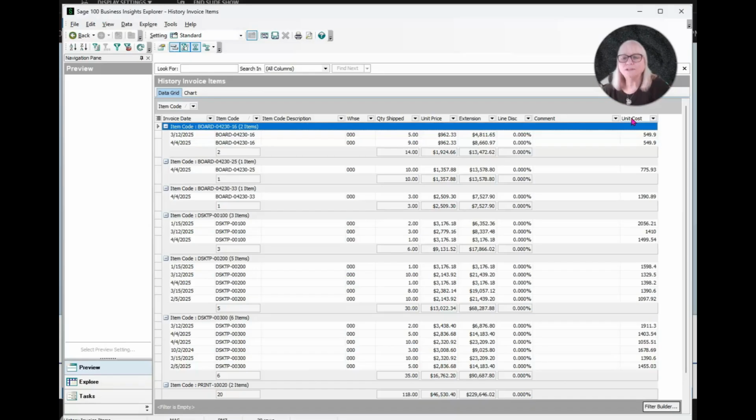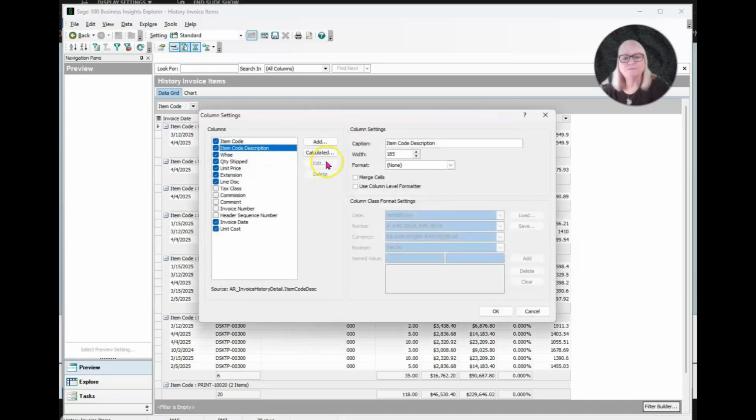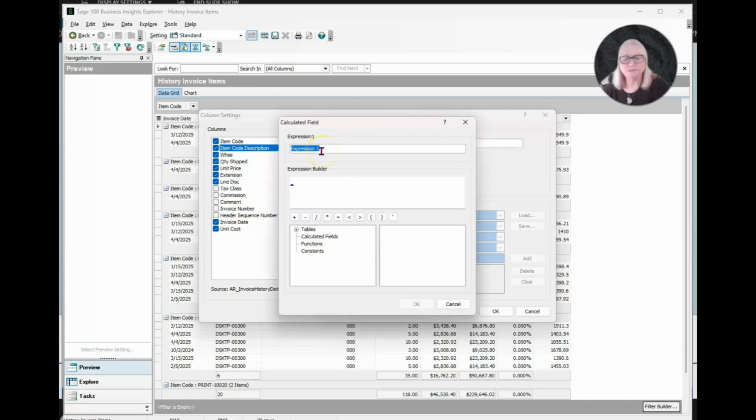I'm going to move the comment too just for this particular exercise. So we've got the cost and we've got the units that were shipped, but we don't know what that extended cost would be. So let's add a calculated field. I'm going to do a right click again up here on any one of the headers, column settings, and I'm going to do a calculated field, and I'm going to call this the extended cost.